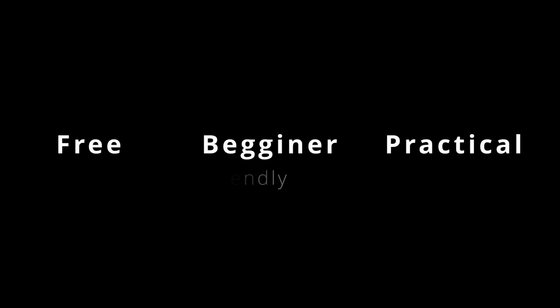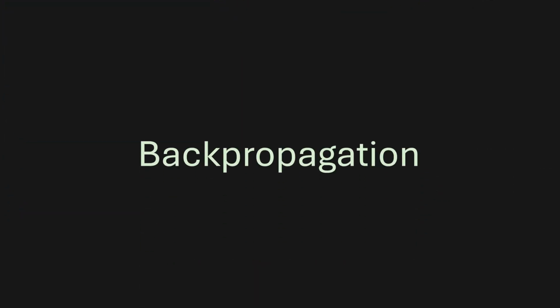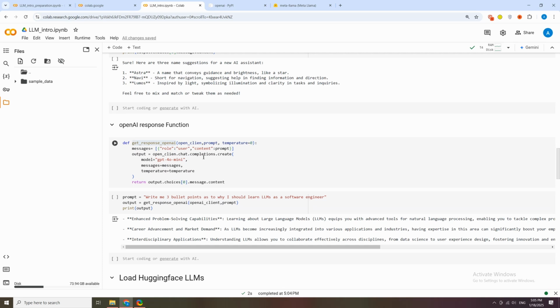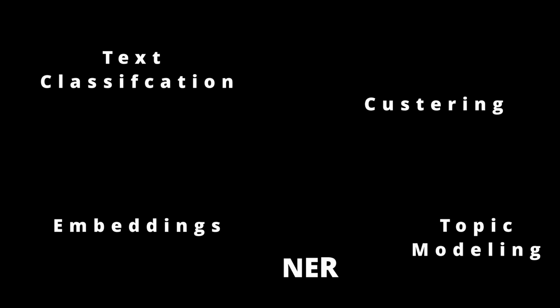We'll start by exploring what LLMs are and their key components like temperature and embeddings that help you understand LLMs and utilize them fully. Next, you'll gain hands-on experience connecting to OpenAI's GPT models and HuggingFace models, experimenting with them through code. We'll cover essential prompt engineering techniques like writing clear prompts and using chain of thought. Finally, we'll apply everything to real-world NLP tasks, including text classification, clustering with embeddings, topic modeling, NER, and even building